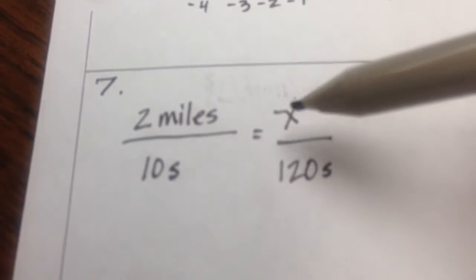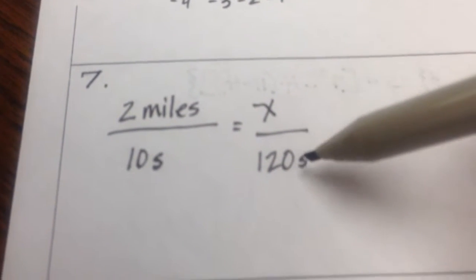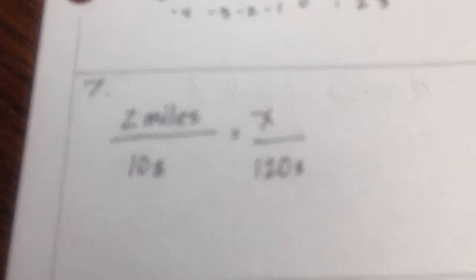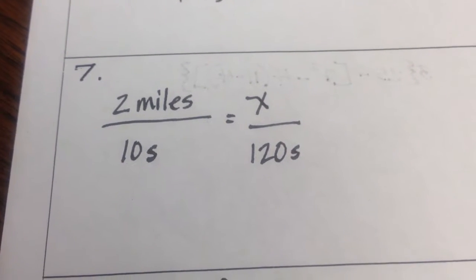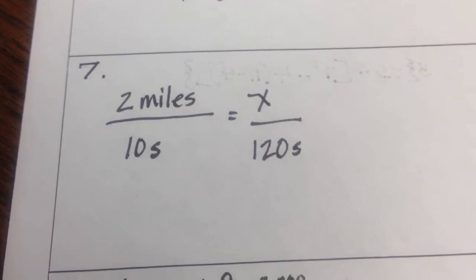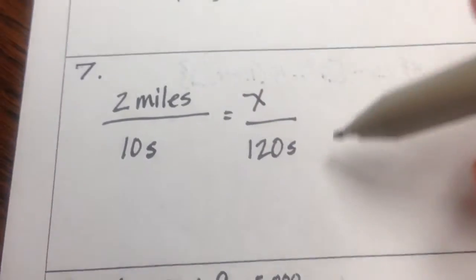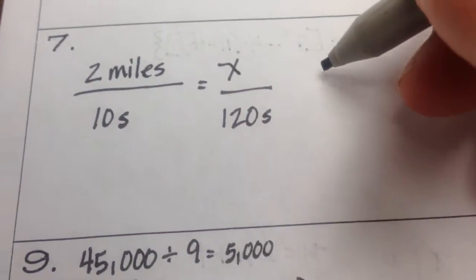All right, number 7 says sound waves travel 2 miles in 10 seconds. How far, there's my x, how far does it travel in 2 minutes? Well, for 2 minutes, I know that 2 minutes is 120 seconds, right? Each minute 60, 60 times 2, 120. All right, going to cross multiply and divide. So I have 10x